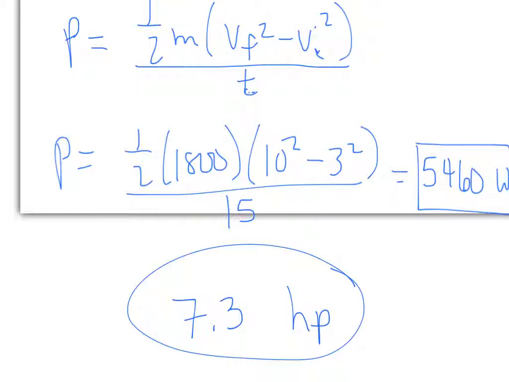When they tell you this car's engine can deliver up to 400 horsepower, that's if you're really putting the pedal to the metal, okay? Not in a scenario like this where you're just lightly accelerating. So I want you to get an idea of the context of numbers so you understand that.